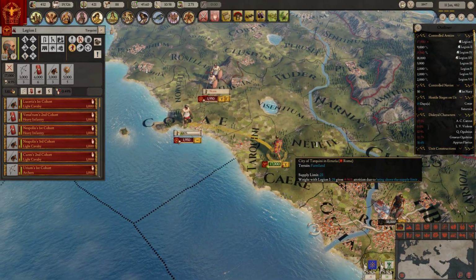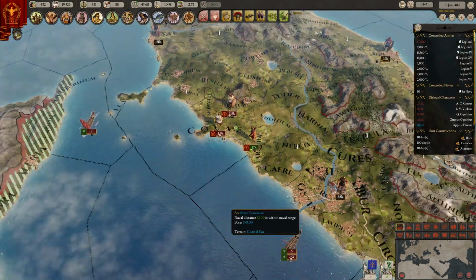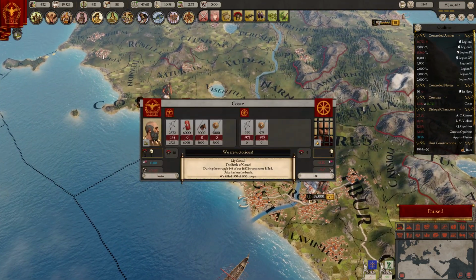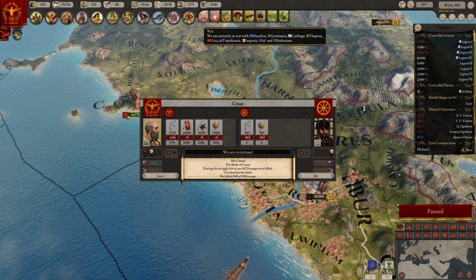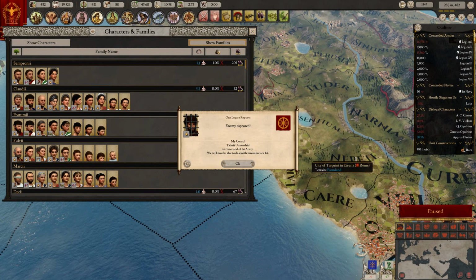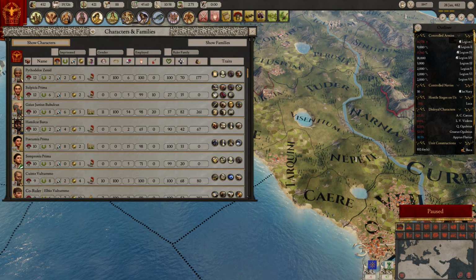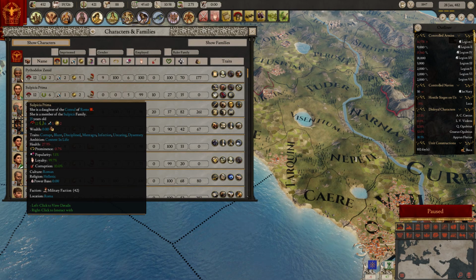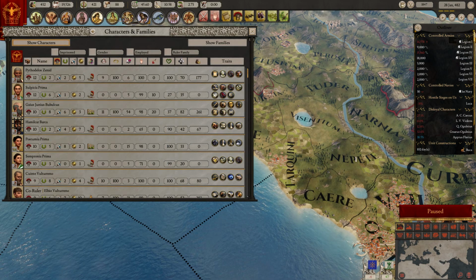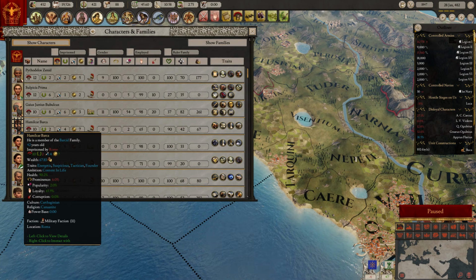We are just force marching around with this character, which is fine. He doesn't have any morale problems at the moment, but he's taking a bit more attrition, I guess. See what kind of characters we do have in our capital here, or in this country here. The best military guy we have is Sulpicia Prima, but she's a woman, so unfortunately can't. Hamilcar Barca,